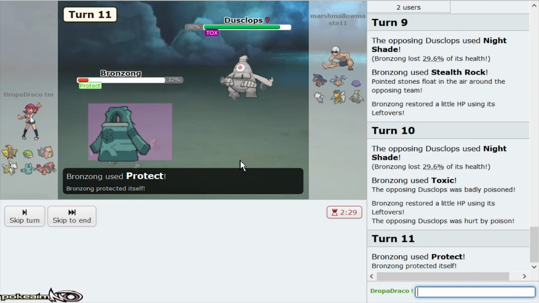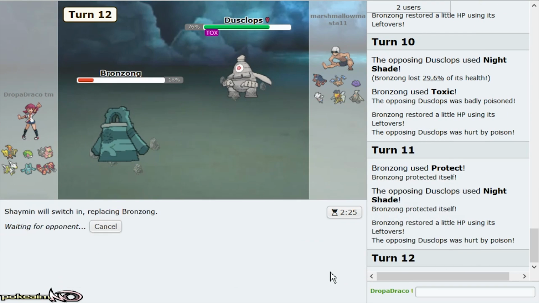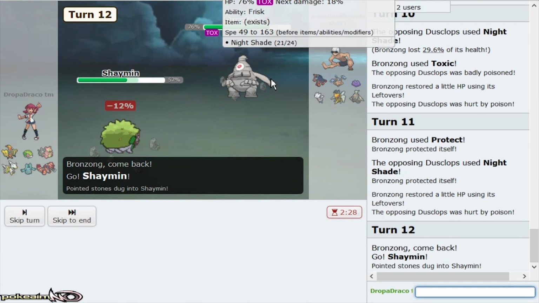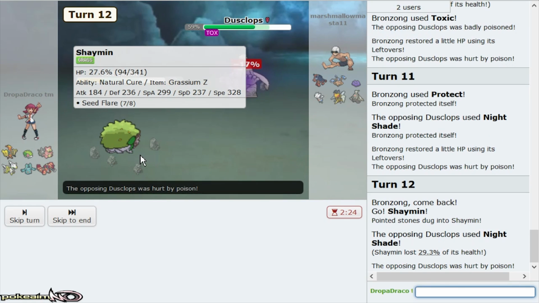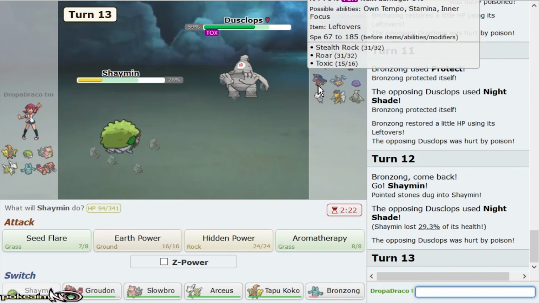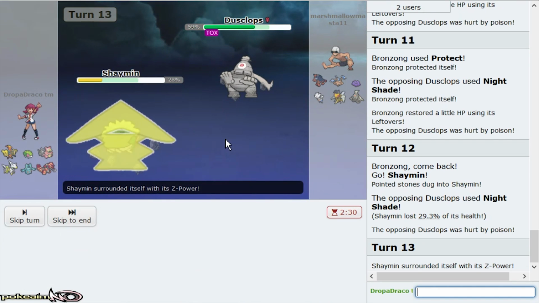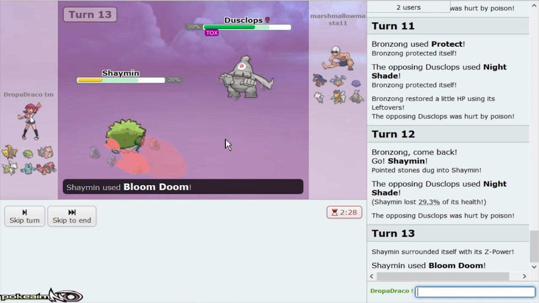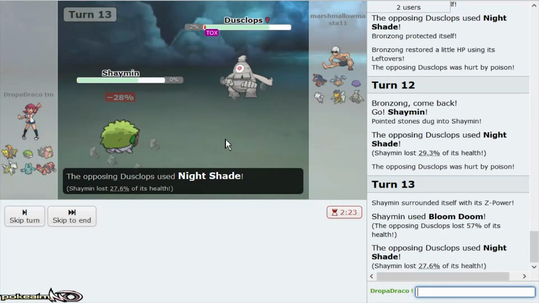I'm gonna keep Bronzong alive because Groudon can't. Basically, Groudon can't, what's it called? Me. Can't reverse sweep me. Boom! No, I'm not trying to miss. I don't even know if this KOs Dusclops. Oh, look at that boy. That boy ate. Hey, but a double down is better for me